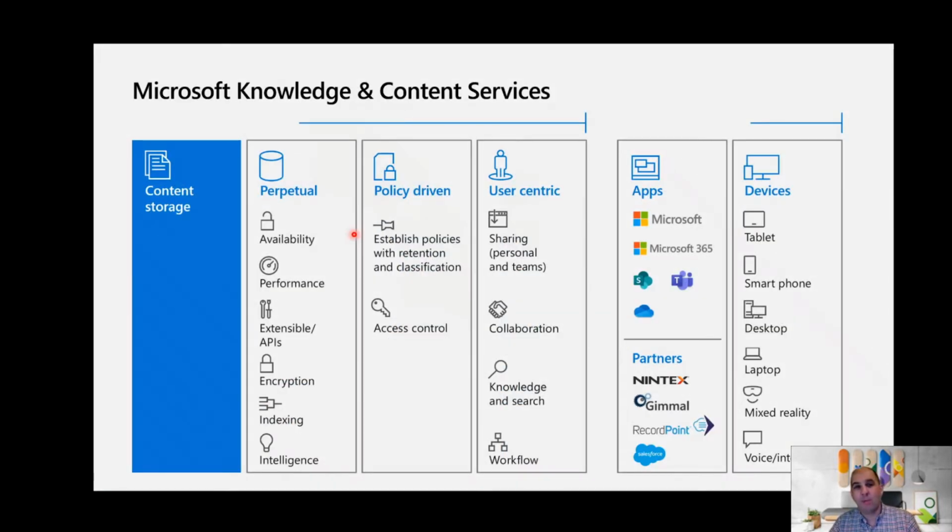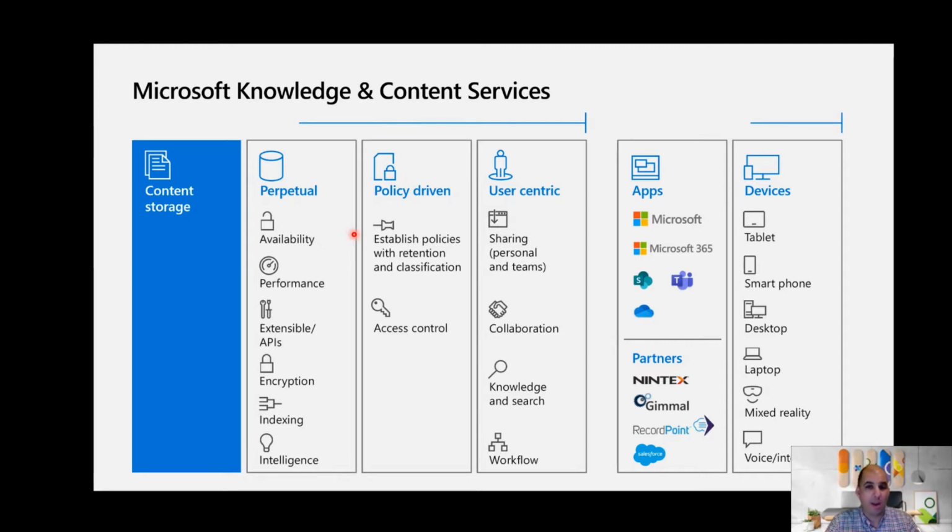When we think about Microsoft 365 and what we're doing with the Microsoft Content Services Platform, we think about it in really two concepts. One is content storage. So we want to make sure that the platform is highly available, it's scalable, things that we require around encryption, making sure the content is secure, the artificial intelligence we're doing, the indexing for search and discovery, giving customers the ability to define policies, again, for retention, security and compliance, controlling access through things like conditional access policies, and